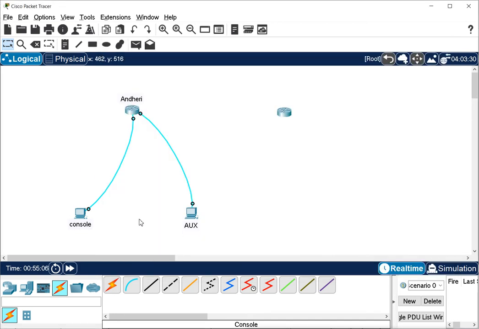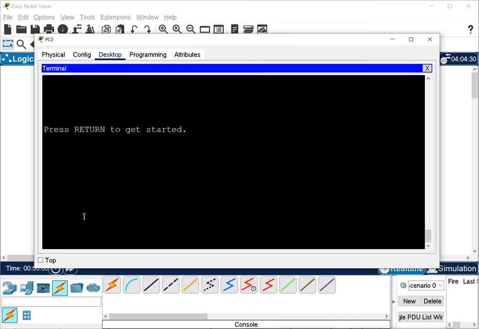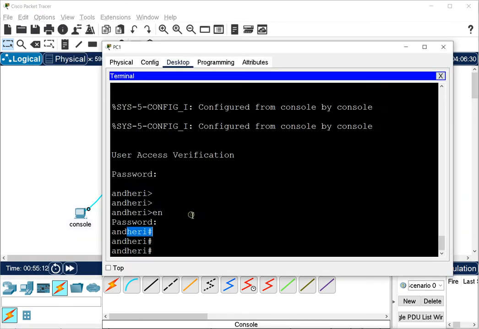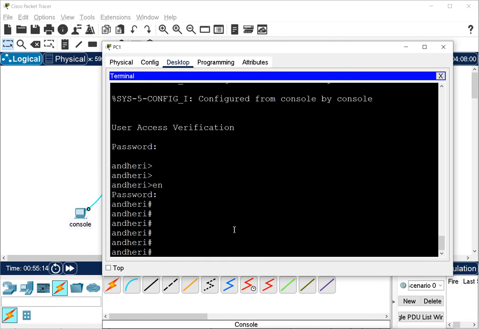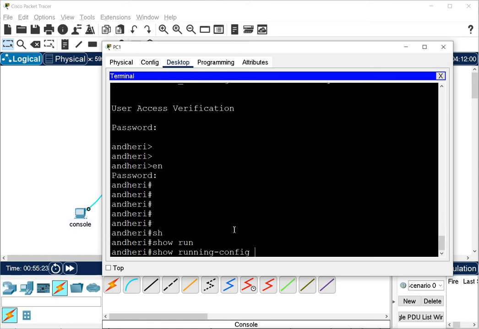Now what is the problem with this normal enable password? The password which we have configured for the privilege mode, I said it is not secure. Let me show you that. Now when I run show running configuration, that means we have not saved anything right now, so all configurations are running configurations. If our router reboots, then all the configurations will be removed because we have not saved anything.